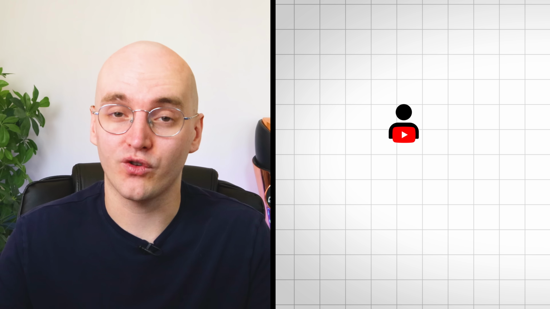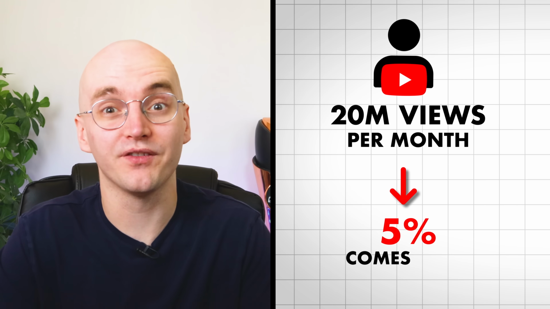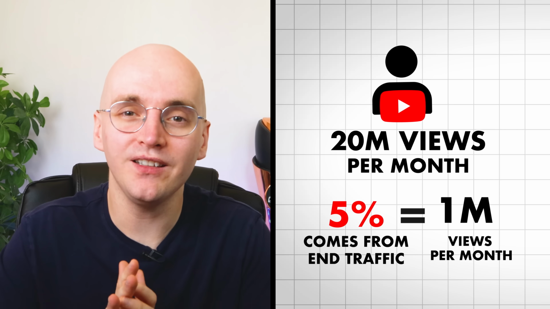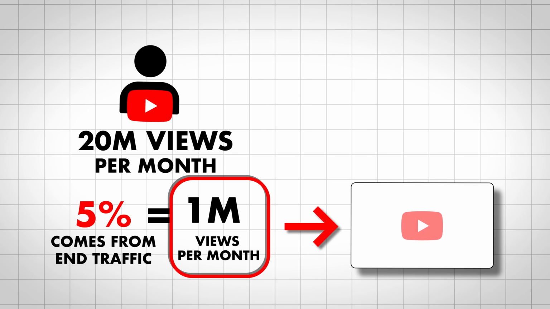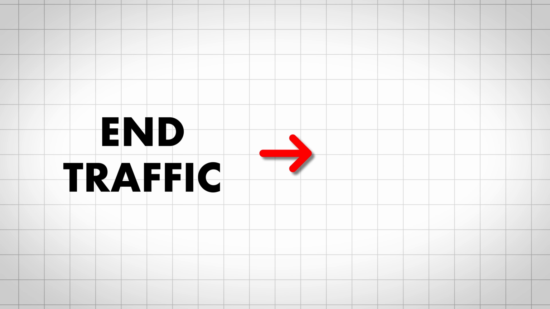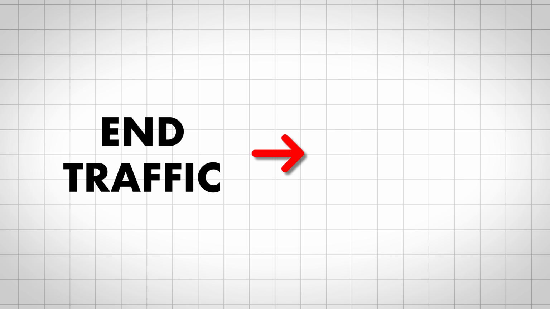So imagine a large creator pulls in about 20 million views per month from normal traffic, about 5% of that will be end screen traffic if they optimize well. So that's about 1 million views that we could have sent to any video we want. Now this is where the cool practice comes. Instead of linking these videos to videos on our own channel, we could send these views directly to a side